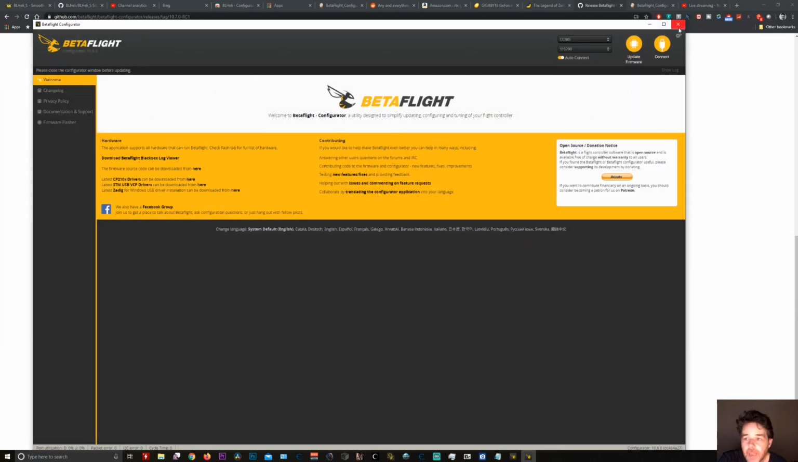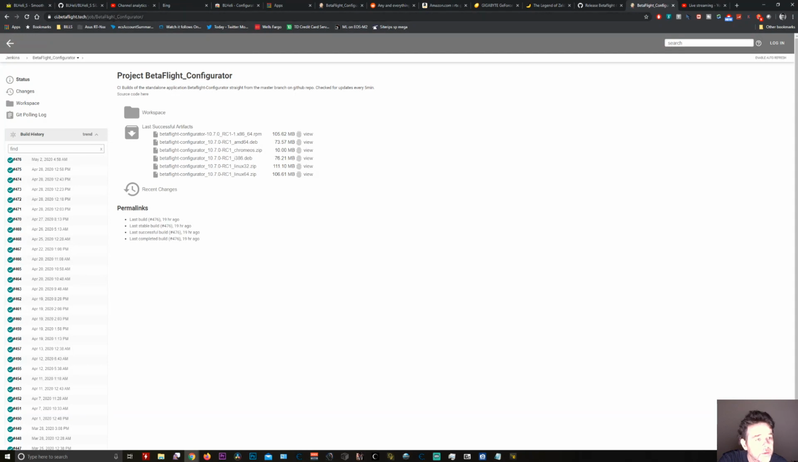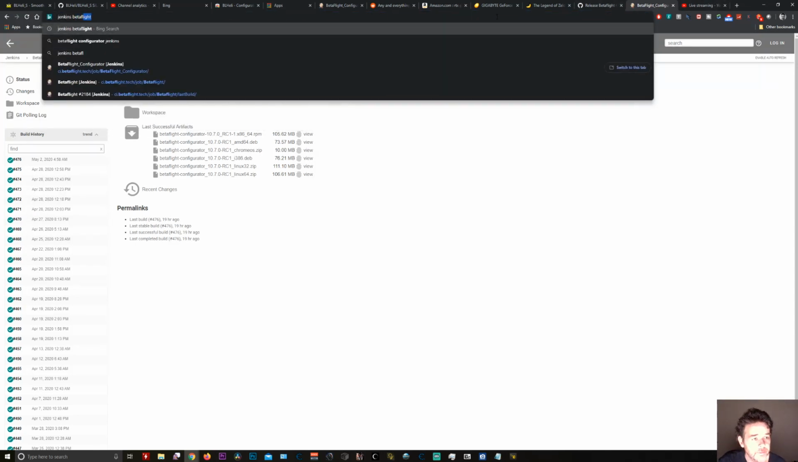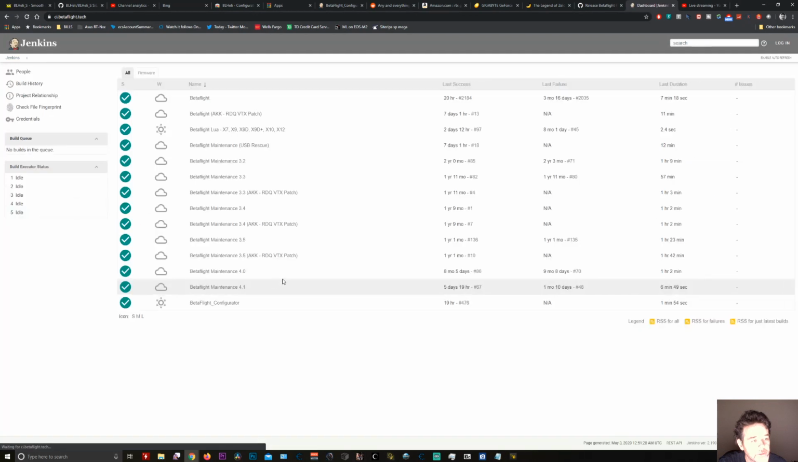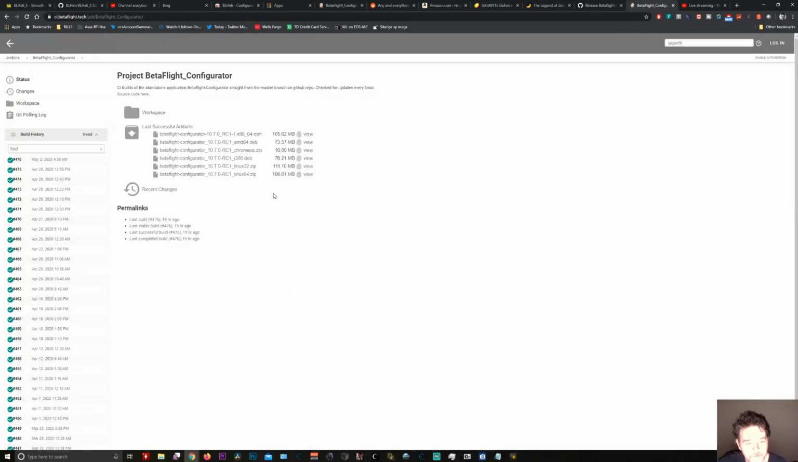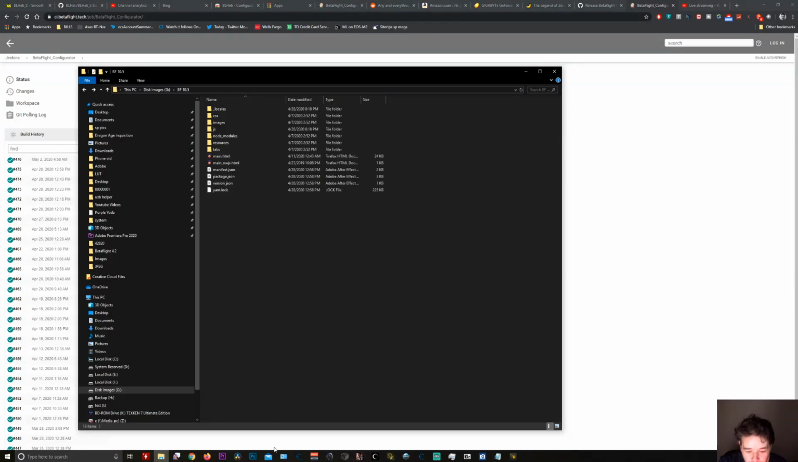I have already gone to Jenkins, which is where I always get the latest Betaflight. It's the Jenkins Betaflight job configurator. If you look up Jenkins and Betaflight, that's it. It will take you to the page, and you just go to Betaflight configurator, and I'm picking the Chrome OS. It's very easy to load that way. It's also very fast, and once you do it once, it will end up